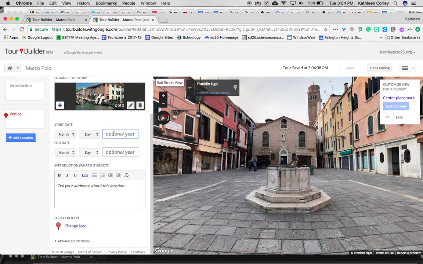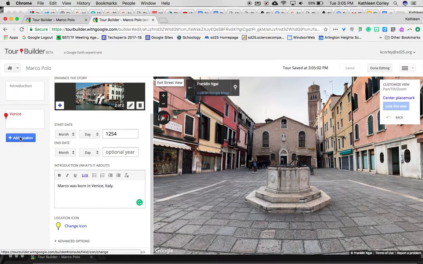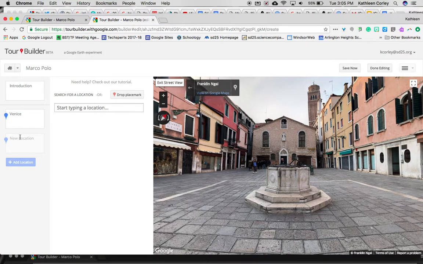Now you can put a year in there, and sometimes you'll know the dates and sometimes you won't. I know he was born in 1254. Marco was born in Venice, Italy. And I'm going to change the icon. Right? I can change the icon to yellow. Then I can add a location. So the next location